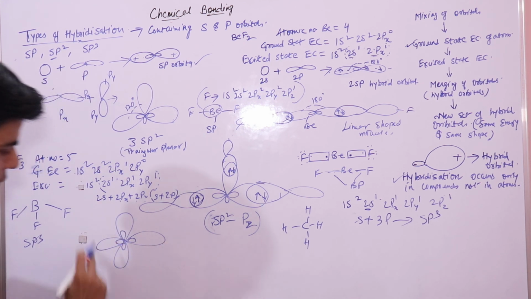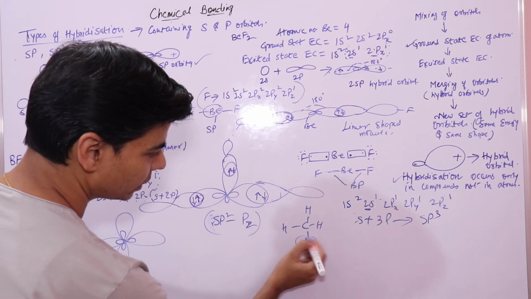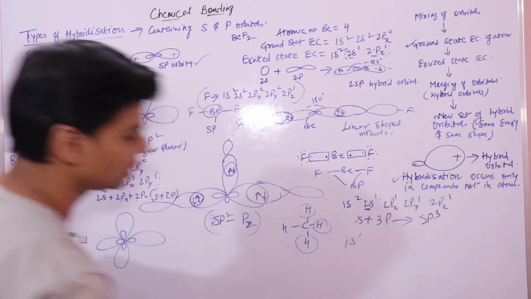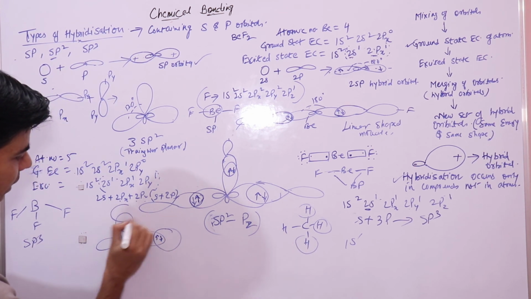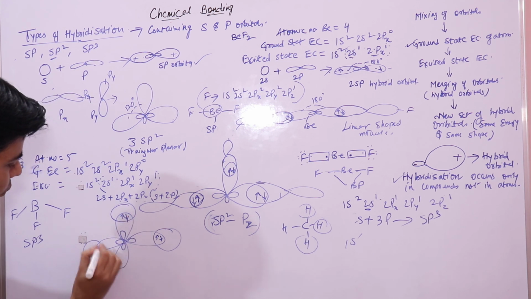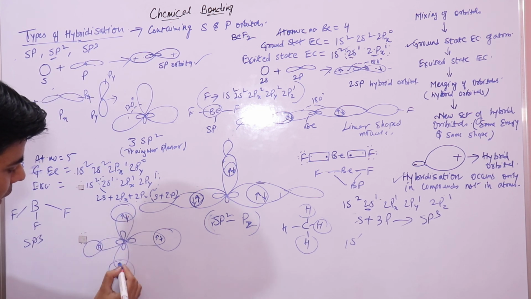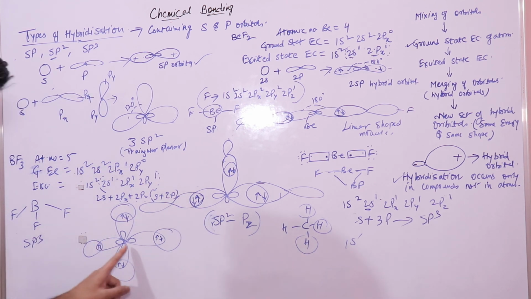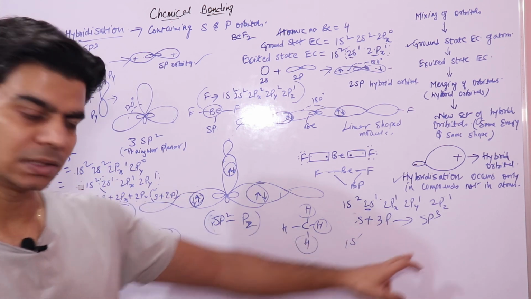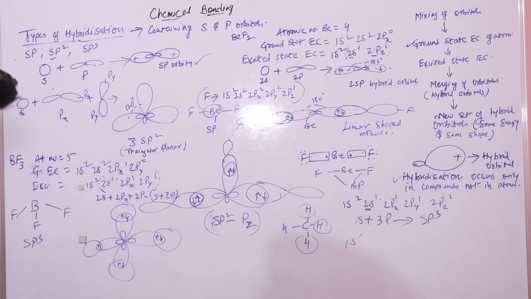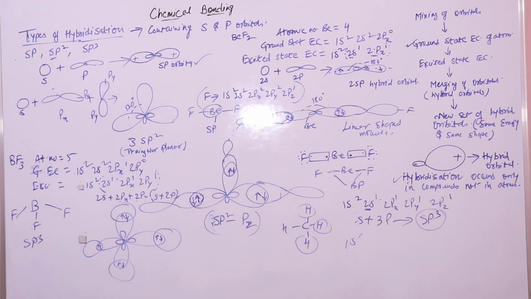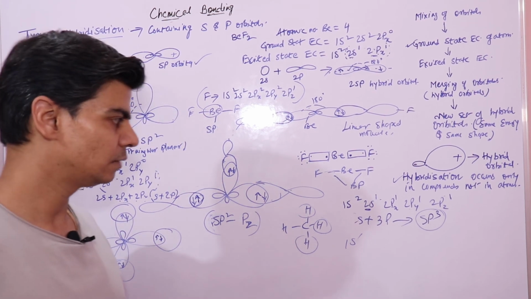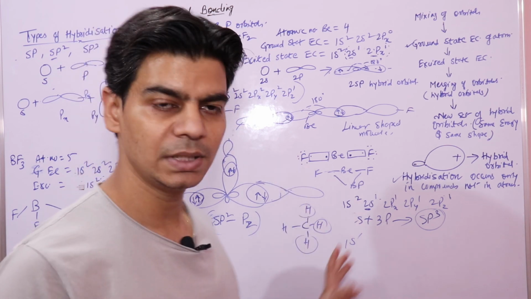Now this set of 4 hybrid orbitals will overlap with the 1s orbital of hydrogen. The electronic configuration of hydrogen is 1s1. So these 4 hybrid orbitals will overlap with the 1s orbital of the hydrogen atom to form the methane molecule, right? So whenever you have any compound that has a central atom with sp3 hybridization, then its shape would be tetrahedral, right? These sp3 hybrid orbitals are directed towards the corners of a tetrahedron, right? So I hope all this is clear. In the next video lecture, we will take some more examples of these sp2 and sp3 hybrid